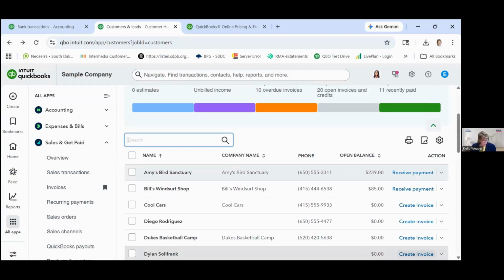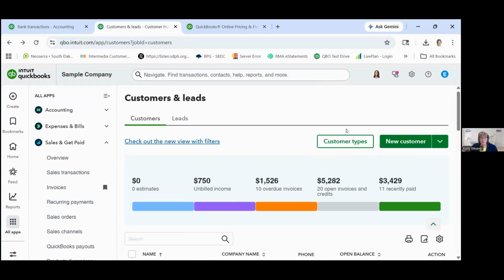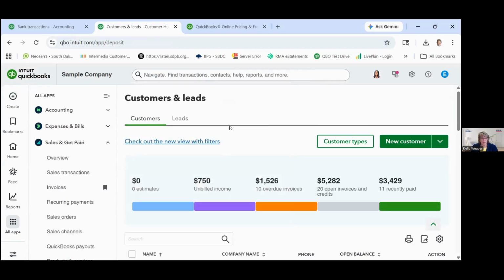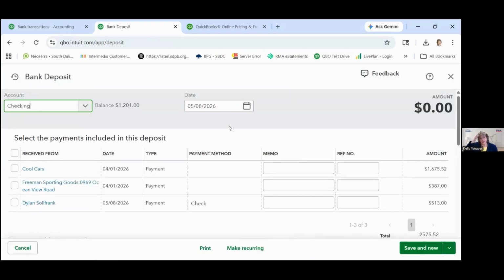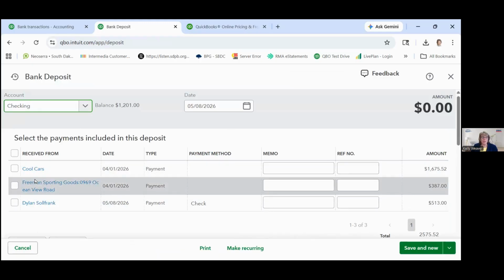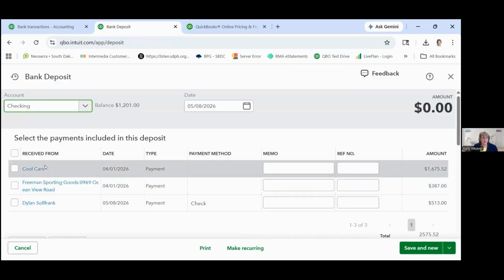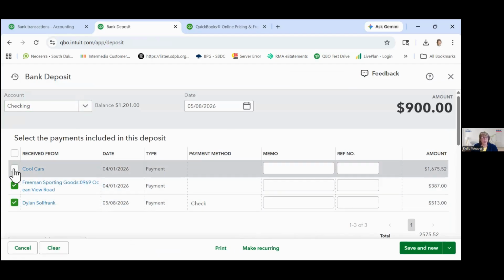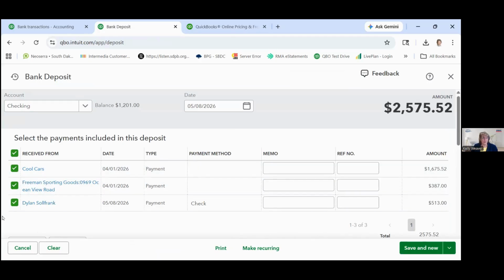Now, to make the deposit, you have a couple options. My preferred option is to go to create and go to bank deposit. And here we have several receipts. This is basically what's sitting in undeposited funds. These are all payments that have been recorded that now need to be deposited. So this is the one we just did, but we could also say, hey, we're going to take all of these to the bank. So now we're going to have a bank deposit of